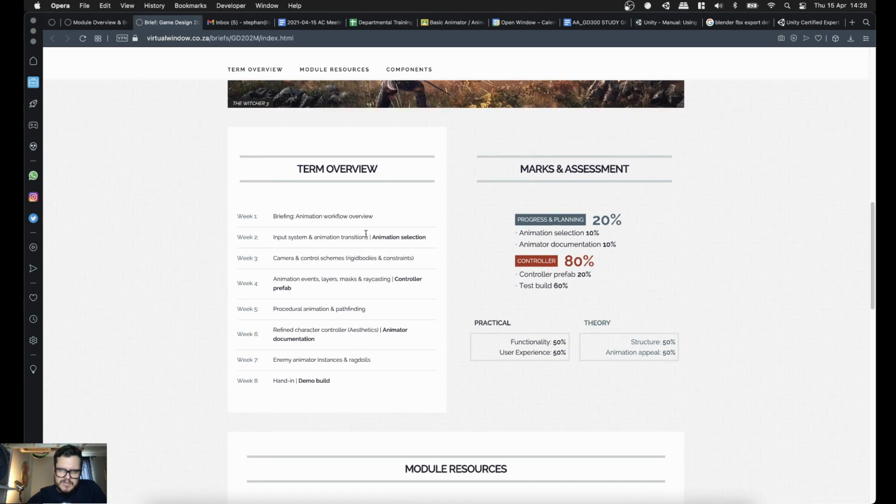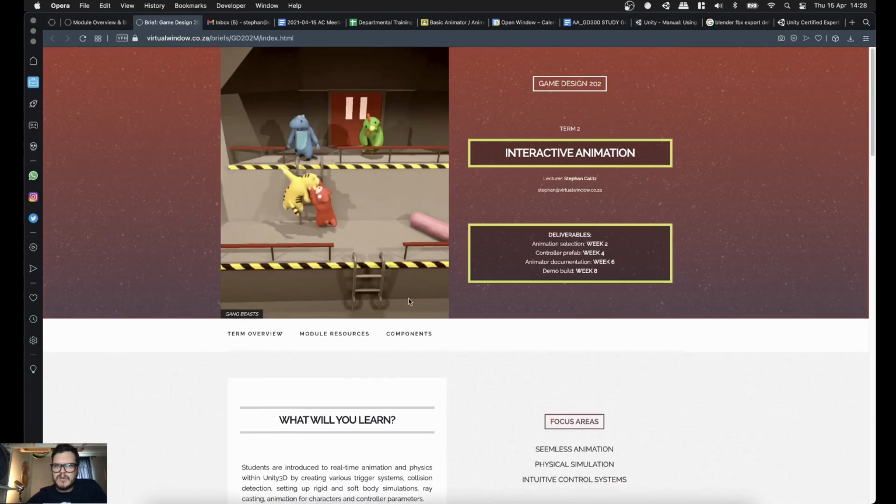I think that's a convention that you're used to by now. And then camera control schemes, rigid bodies and constraints, also what we're looking at. Animation events, procedural animation, refined character controller, which speaks to the aesthetics of the character controller. And then enemy animator instances and ragdolls. So actually